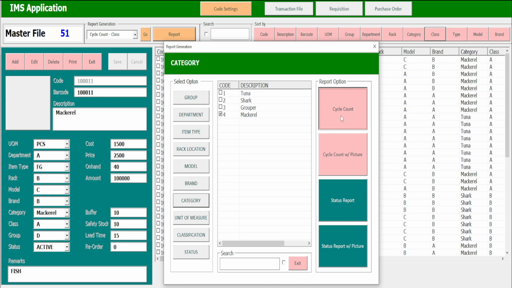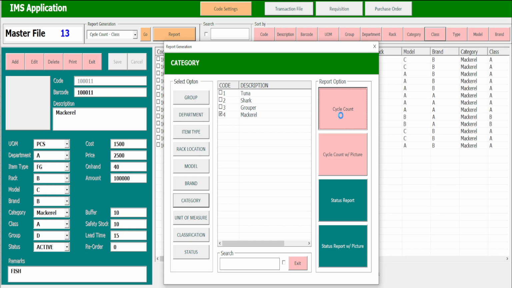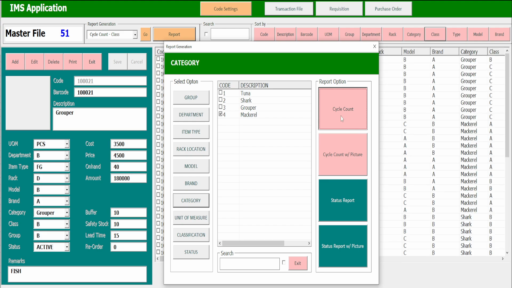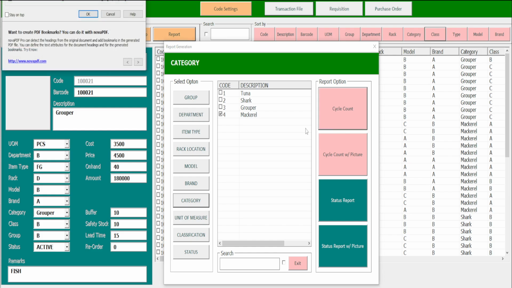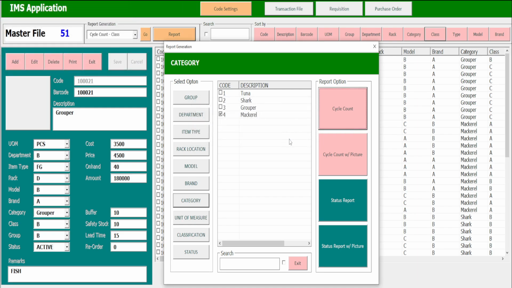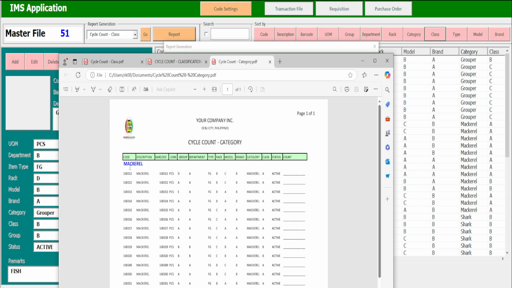The system will collect the information with the mackerel category. So done, and this is the report for cycle count by category and mackerel only, this one.